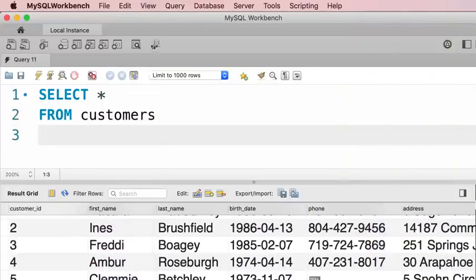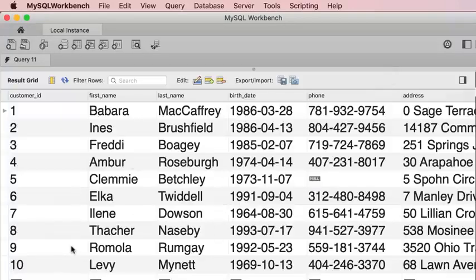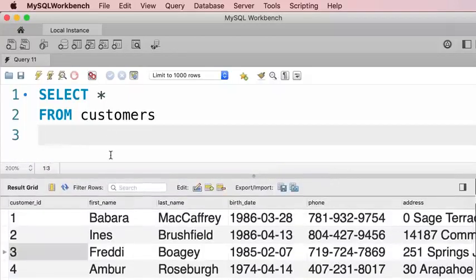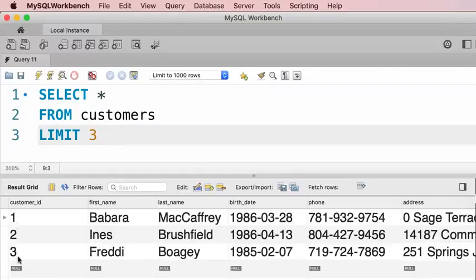In this tutorial, I'm going to show you how to limit the number of records returned from your query. For example, when we execute this query, we get all the customers in the customer table. So we have 10 customers here. Now, what if we only want to get the first 3 customers? That's where we use the LIMIT clause. Let me show you. So after FROM, we type out LIMIT 3,